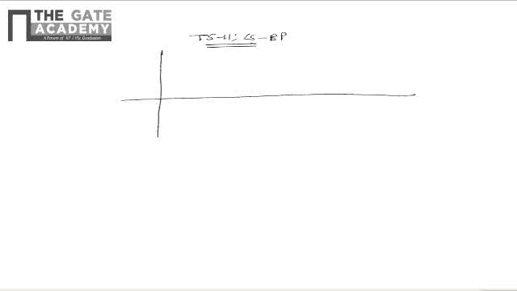The question we are solving now belongs to test series 11. It is of control system subject. In specific, it belongs to Bode plots. As per the question, the Bode magnitude plot of a control system with open loop transfer function G(s)H(s)